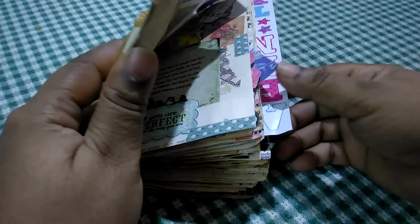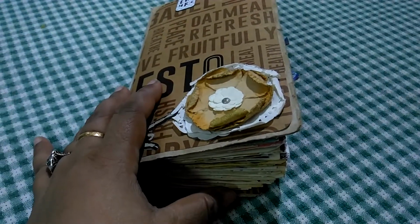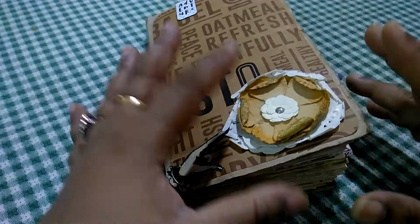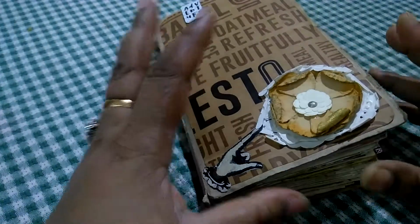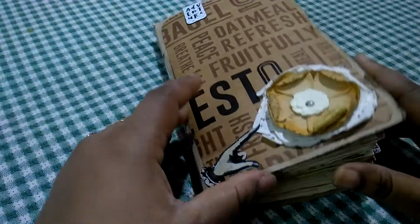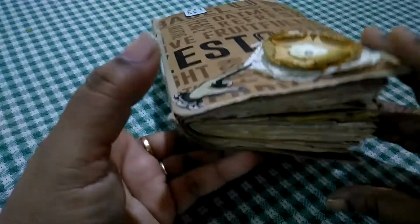Before I begin the flip, I just wanted to say a few things about this journal. Sorry for this. This is not a journal that I made. I was gifted this journal by a very sweet friend of mine. She knew I liked vintage style traveler's notebook, and she had kindly gifted me this so that I can journal for the month of